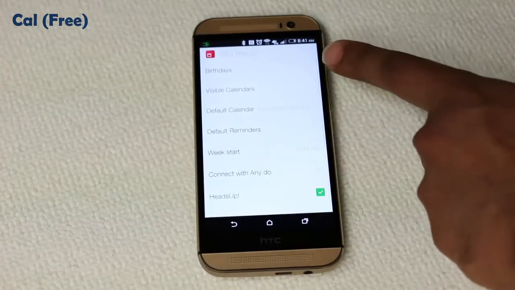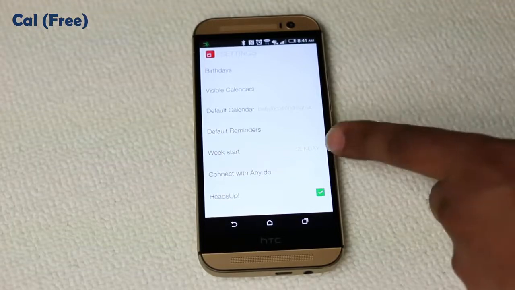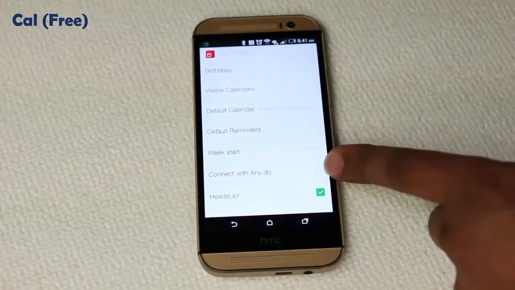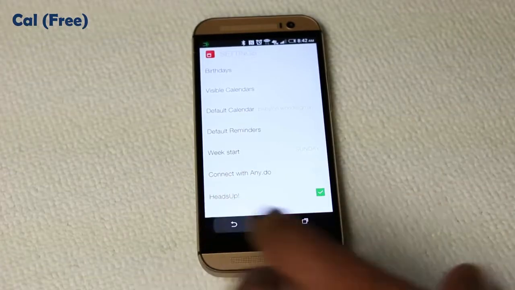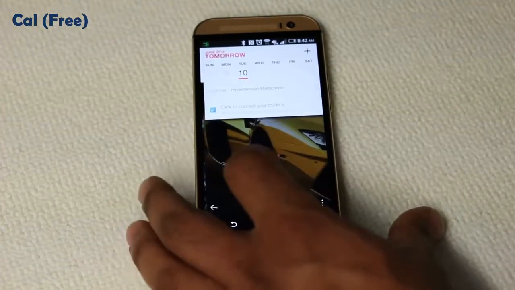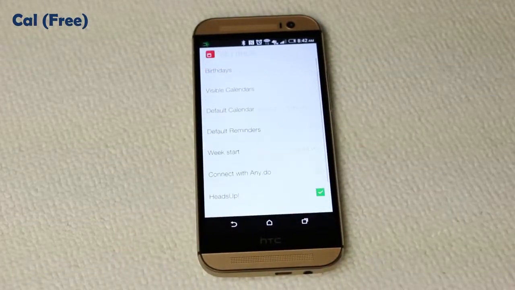and you can change the visible calendars. You can pick your default calendar. You can choose what week to start. You can connect it with any .do application, which is a to-do list, and it's really a nice interface. Alrighty, and you can pick another thing that I like here. If you go to settings,